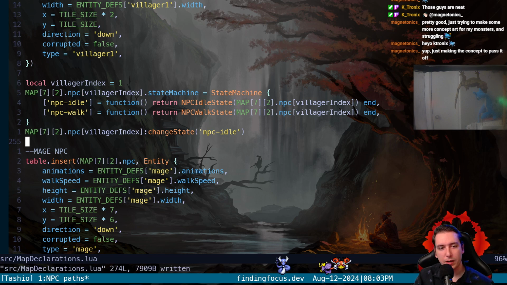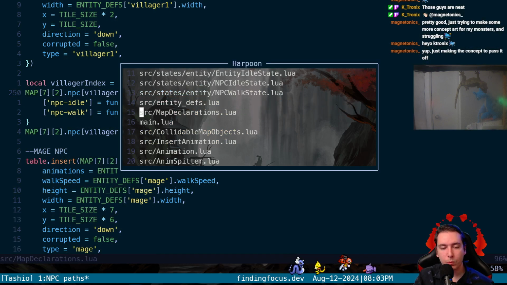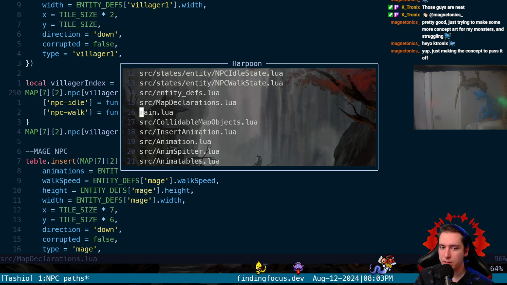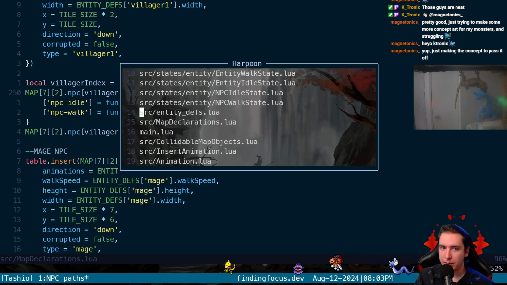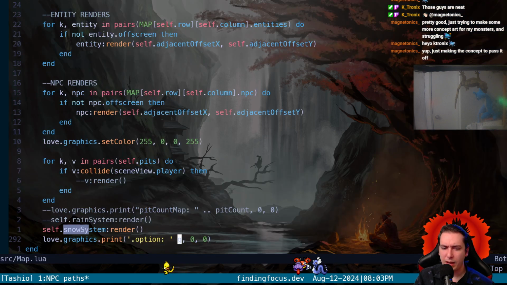So I think we'll be able to get that 124 out if we go into the dot state machine like this. Let's see if that's the case. We'll go to map and we'll say,